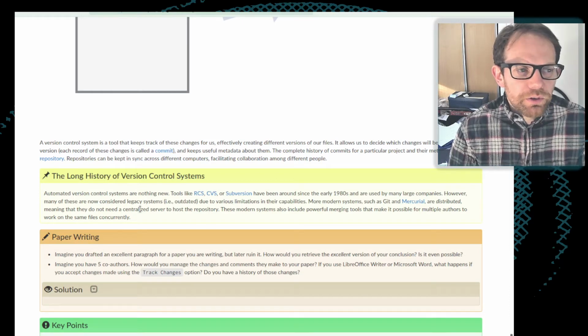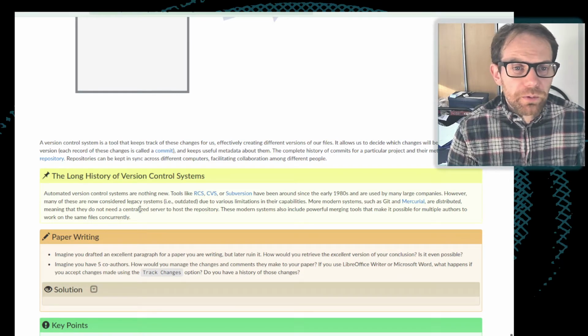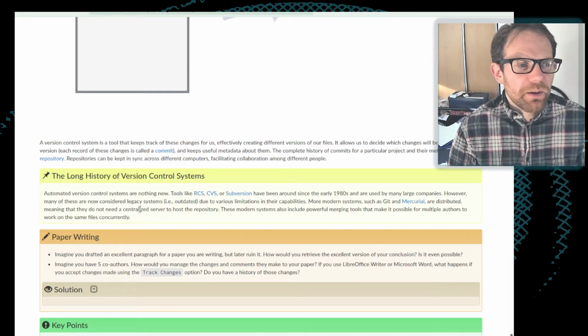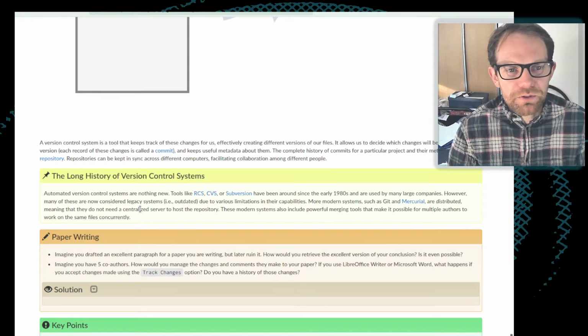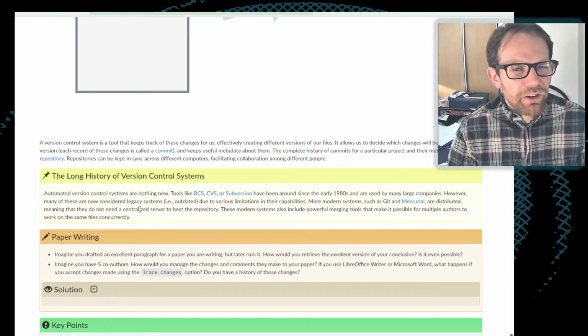There are older tools like CVS and Subversion, so some of you may encounter these at various points if you are working, for example, with older code which hasn't been moved across to Git. They're broadly similar. They work in a slightly different way, and you will probably have to go and learn some slightly different concepts about how they work, although the general overarching idea of what they do is nevertheless more or less the same.